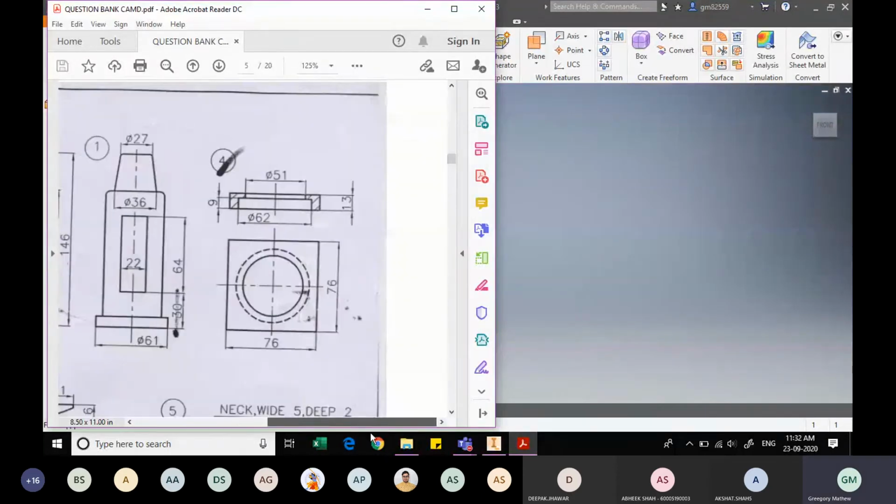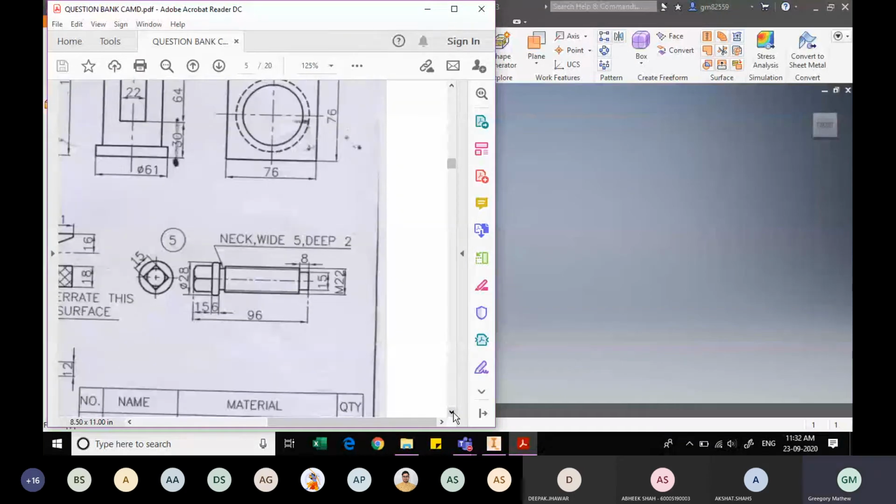We will go to the drawing which we need, that is component 5. We will begin from the rightmost portion, that is the smallest cylinder that you see with a diameter of 15 mm and a length of 8 mm. So we'll begin from here. To do that, first we will sketch a circle with a diameter of 15 mm and extrude it to 8 mm.